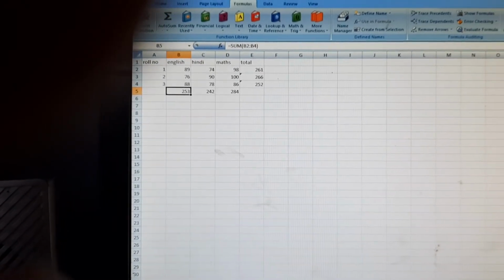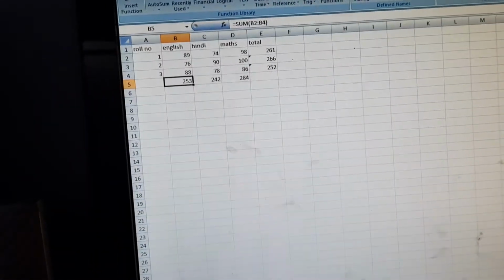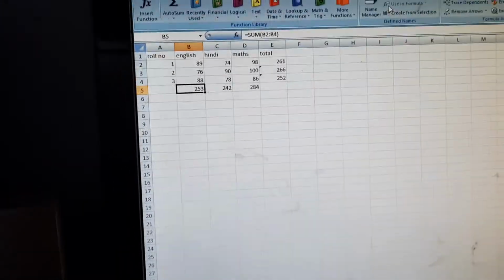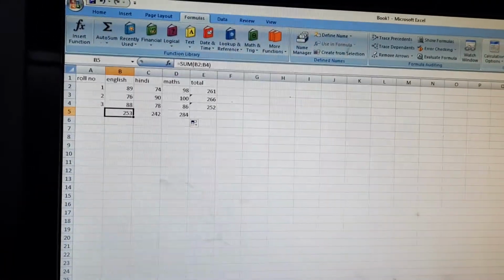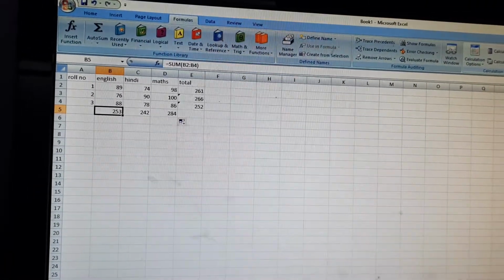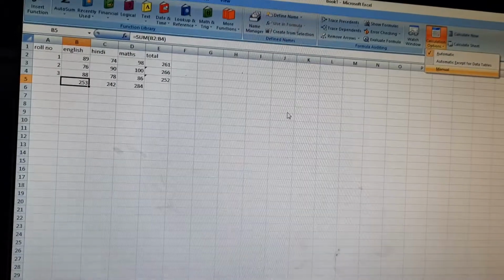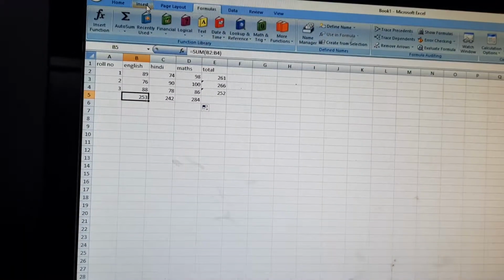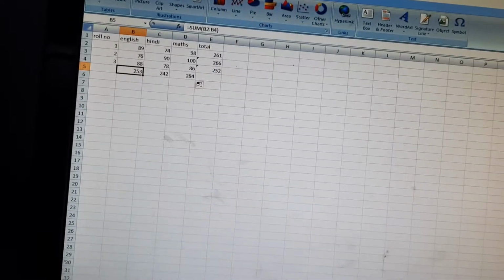And if you want to go to the formulas, then go to the Formulas tab. Okay, here the calculation options are there. You can show the formulas. So many options are there. From here you can go to the formulas. Clear? Or here also you have symbols to do the calculations.